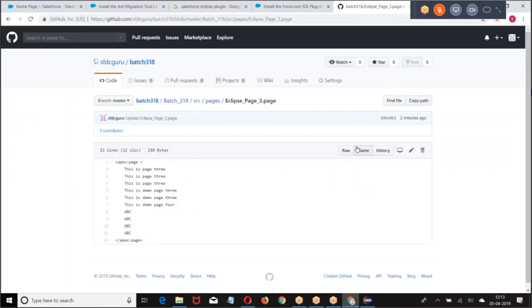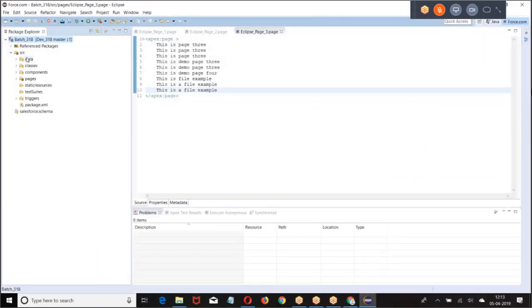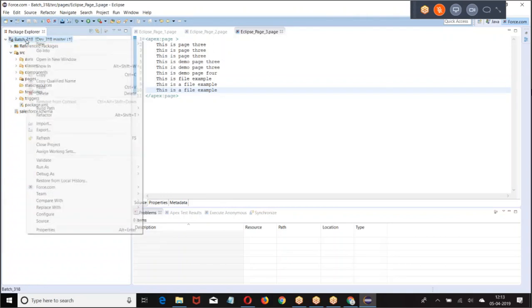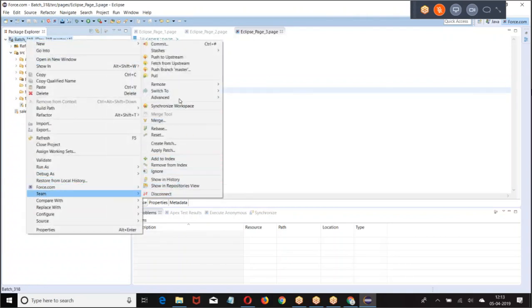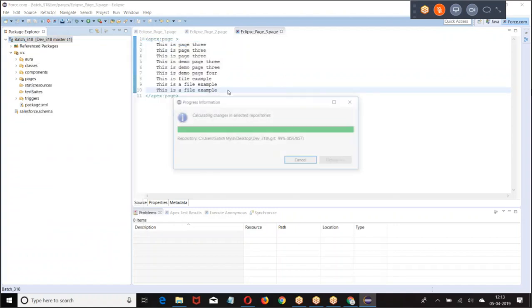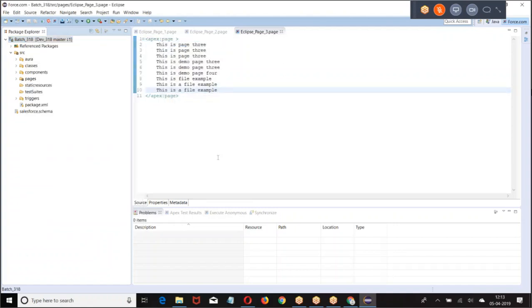I'll go to the screen again. Team, commit. When I click on commit, it will ask for the branch name.